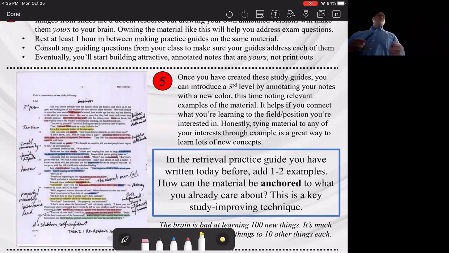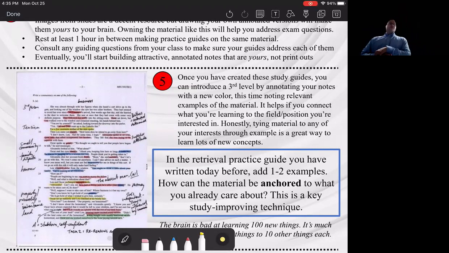What this is going to do is you're going to learn a little bit by example, by searching through and finding stuff. But you're also going to tie material to things that you care about and know. Those of you that have had me in genetics, you know I'm a big dog person. So I teach by a lot of examples. That's okay, you can also learn by example too. The more examples you can tie to, the easier it will be on the exam to remember, okay, this is the gene that determines coat color in mice, and I'm a big mouse person. I don't know if there are that many mice people around, but it's okay.